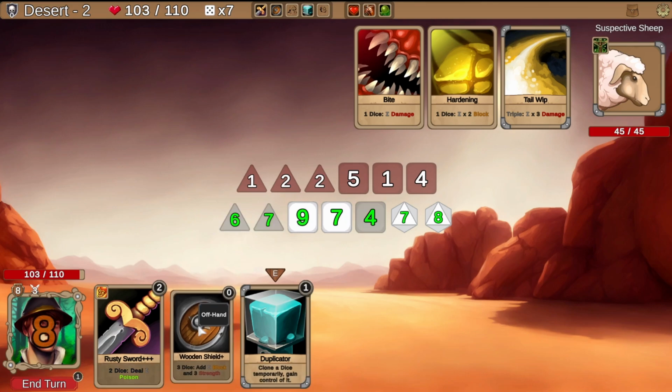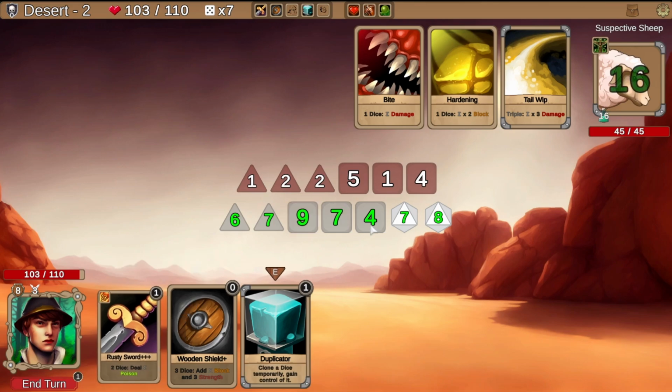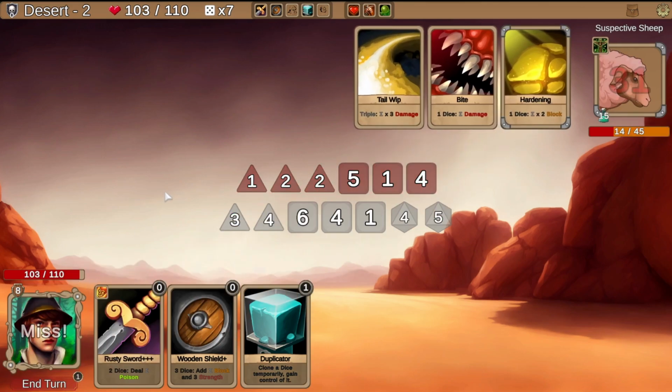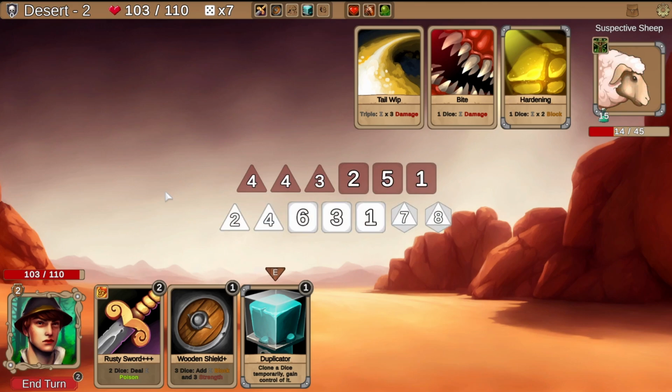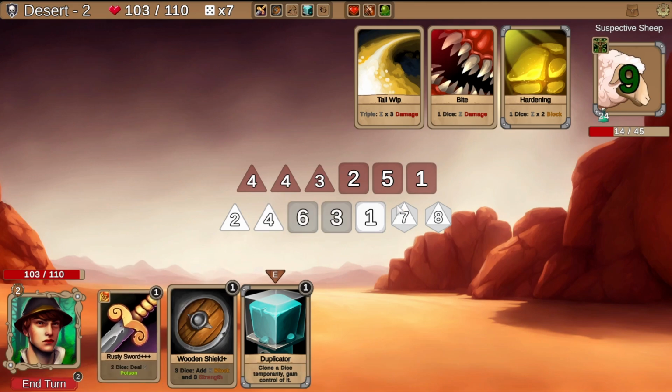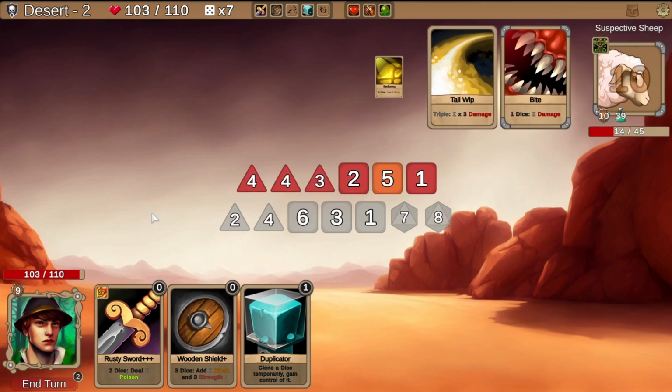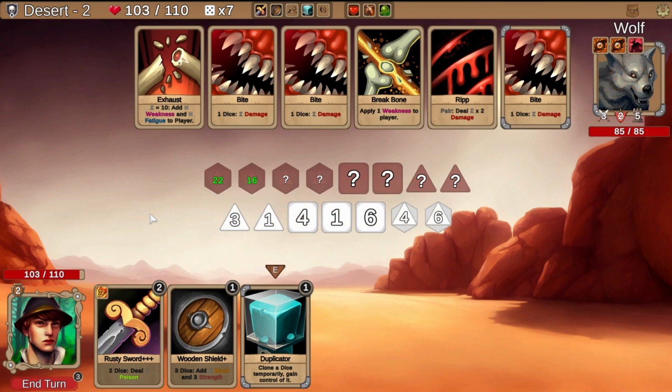We'll go wooden shield here, and then we'll go with our typical. Okay, good deal. Now, again, okay, doesn't matter. We got him. I think. We'll do that just in case. Oh, that's right, the wolf thing. Oh, jeez. All right, so we've got